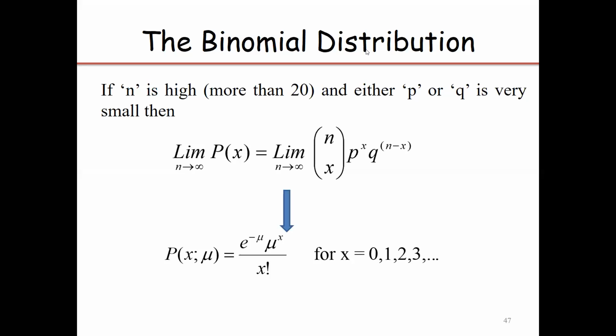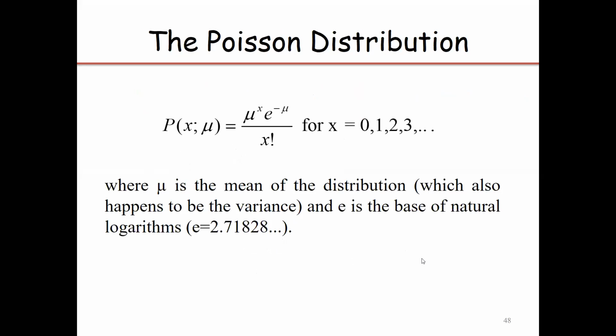Take a limit, and that limit is what? n tends to infinity. Then the binomial model becomes another function. That function is known as the Poisson model. As I told you, binomial and Poisson have all the conditions the same, except one condition, and that condition is what? Your value of n is above 20. If your value of n is above 20, you can use the Poisson model.